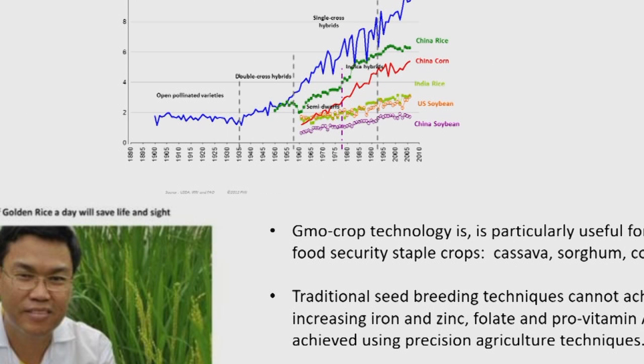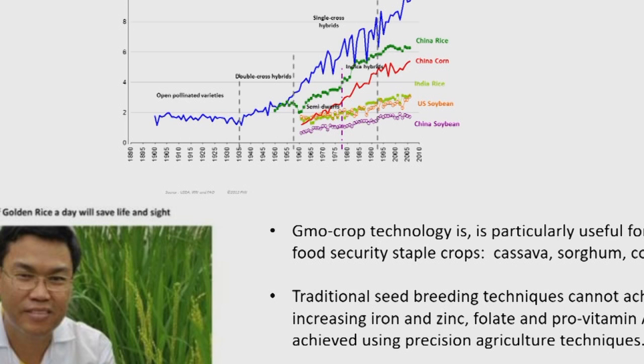So this is my final slide. At the top there, it's science and innovation which have driven yield improvements in this period on the slide from 1890 to 2010. Different technologies being applied, and we've talked with Peter about yields. Now we know, and this is, crop breeding for yields has been going on for 12,000 years. We've now seen that GMO crop technology is particularly useful for improving the micronutrient content of staple foods of the poor, including cassava, sorghum, cooking banana, rice, and others.